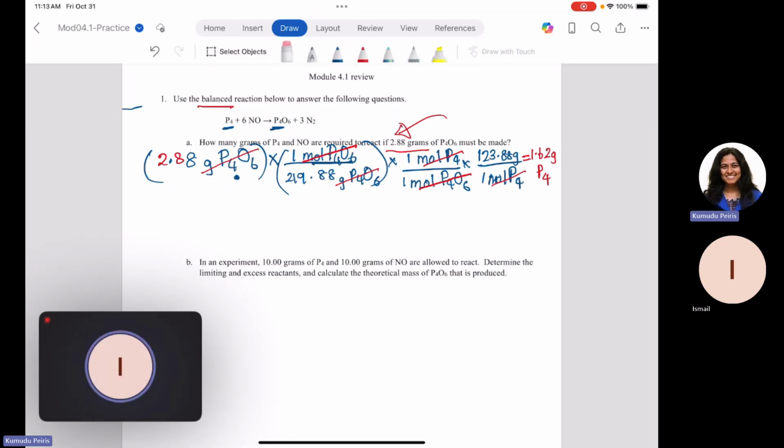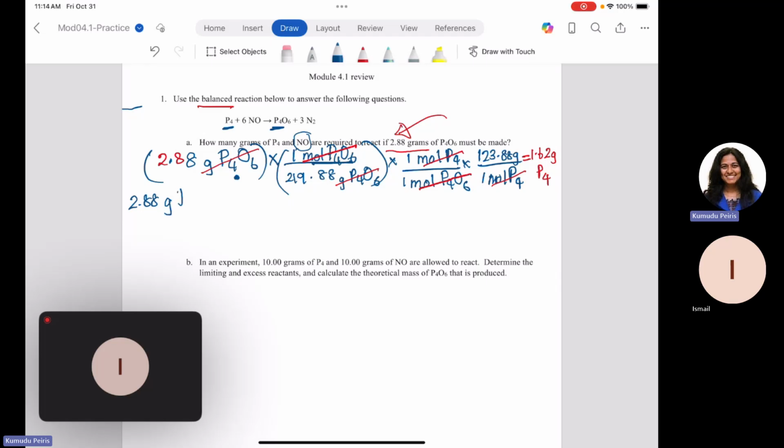Okay, thanks. Right. Now I'll move to the next one. With the first one, I found the starting mass for the P4. Now I should calculate the starting mass of the NO. Again, we must start with the given number, that is the